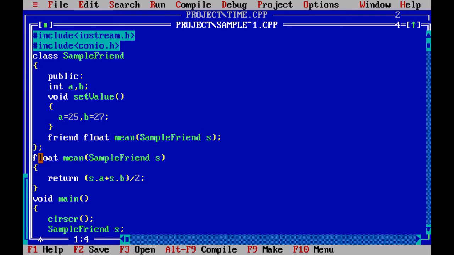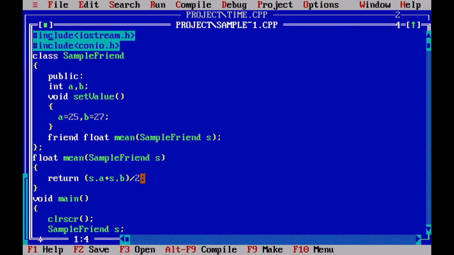The definition of the mean function is float mean. It is accepting one parameter sample friend, that is an object of the sample friend class, and it is returning the mean of a and b. So it returns s.a plus s.b divided by 2.